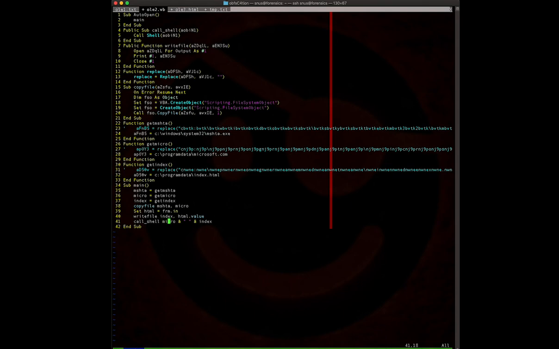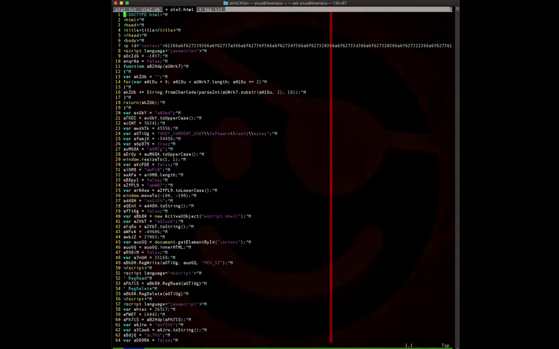shell with the MSHTA. It calls the micro.com, which is really the MSHTA, which then executes the index.html. It will actually then execute the JavaScript that's embedded into it. And that's the next layer of this malware. So let's save our cleaned up copy of this and kind of move then on to the malware doc, or